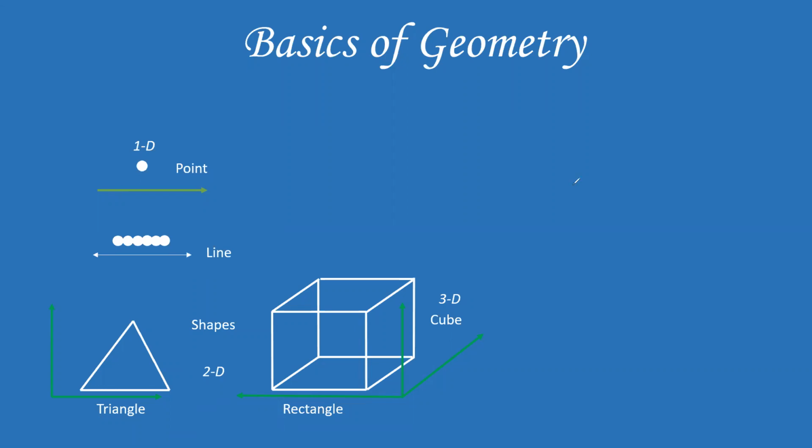Piyusha is saying 0D is a point and 1D is a line. Yeah, absolutely, Piyusha, you're right. Thank you so much. So I'll just reiterate. 1D is a line as it is going in the X direction, or it can be vertical also, which is Y. So absolutely right, Piyusha. Kudos to you. And the rest are the same. 2D is a shape, a triangle or something. Or a cube is 3D.